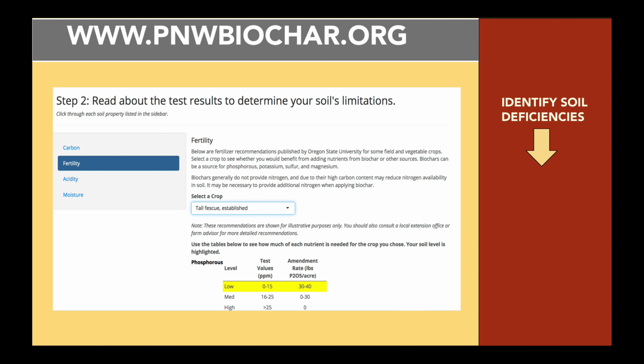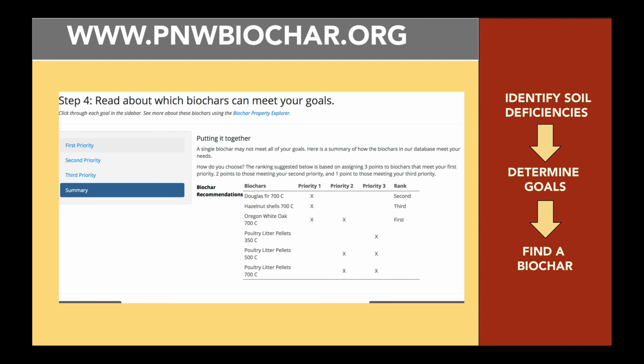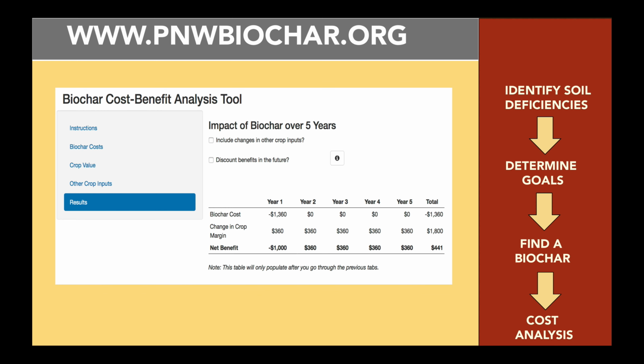They can then use this information to identify and rank biochar user goals. For example, they can choose carbon sequestration, water holding capacity, increasing pH, or increasing nutrients like phosphorus. Based on these goals, the tool will recommend specific biochars that have the ability to meet crop and soil needs. Then, armed with this information, the user can perform a cost-benefit analysis based on input and application cost and projected